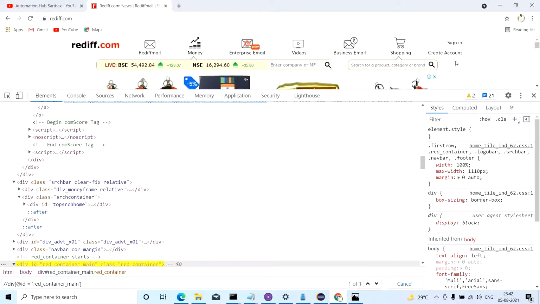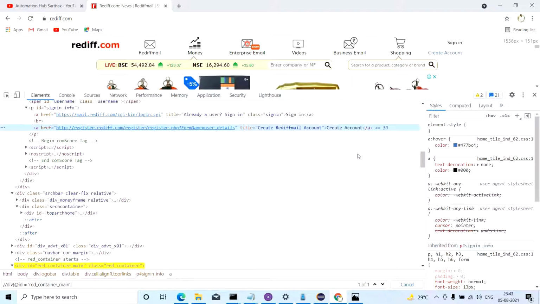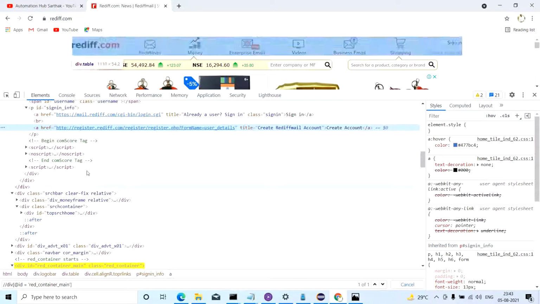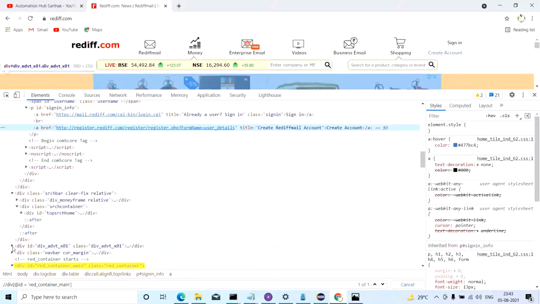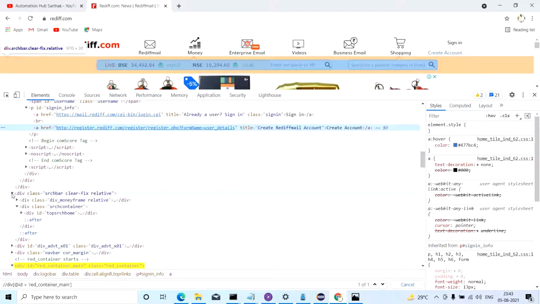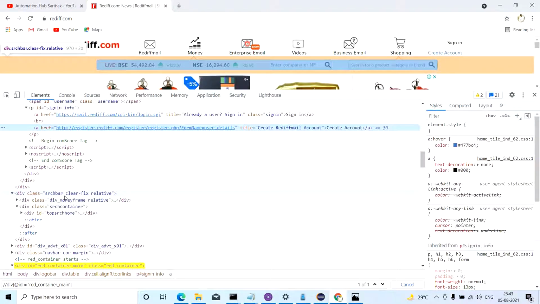I'll go back to this create account, inspect. Now I'm here, I have to traverse here. This is quite a far-fetched thing, right? So I'm going to see if I'm getting any siblings. Yes, this is a preceding sibling. This is another preceding sibling, and this is also another preceding sibling. But the last preceding sibling which I want to use has 3 class values. So this is a compound class which I'll try not to use.